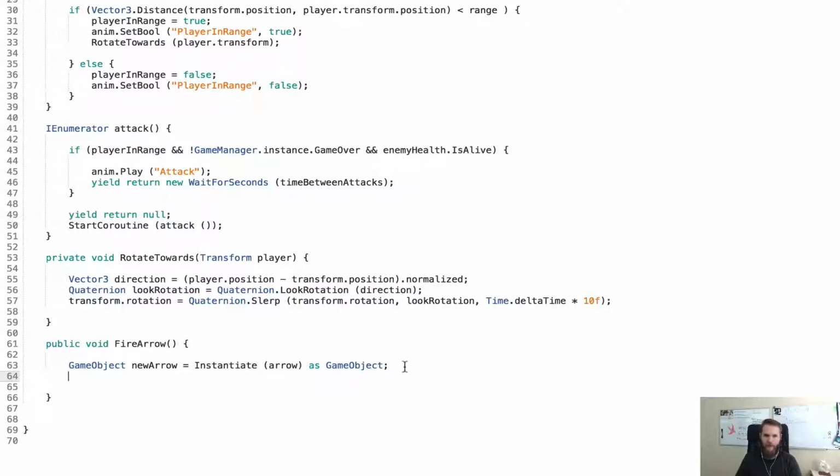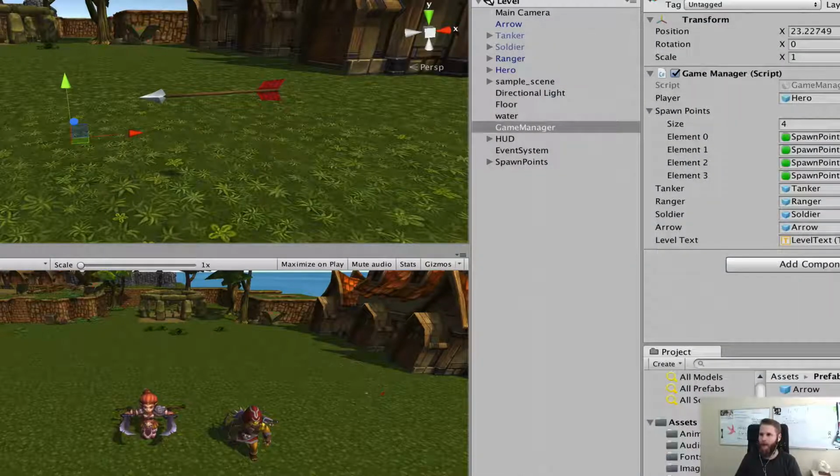Okay, so now we need some place for the arrow to spawn from. We need to set its position. And we could just say transform.position, but that would spawn it right at its feet at 0, 0, 0 of the